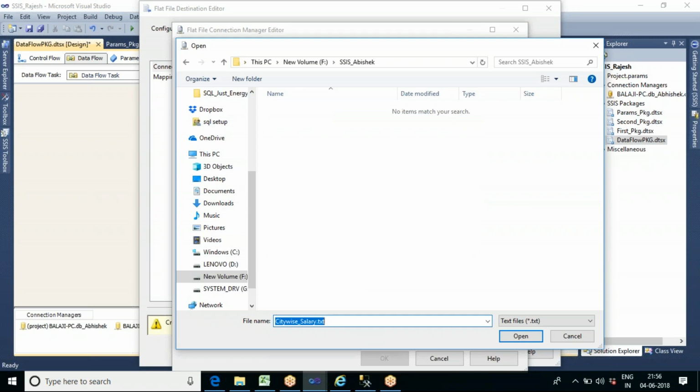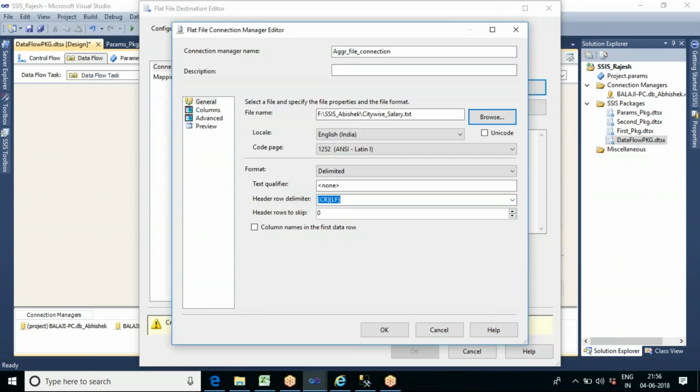Now let me create a text file. Let us use citywise salary dot txt. Click on OK. So in this location, I want to create a file with the name citywise salary.txt.